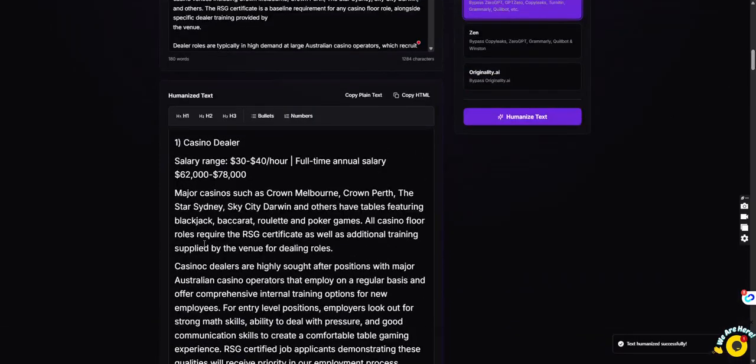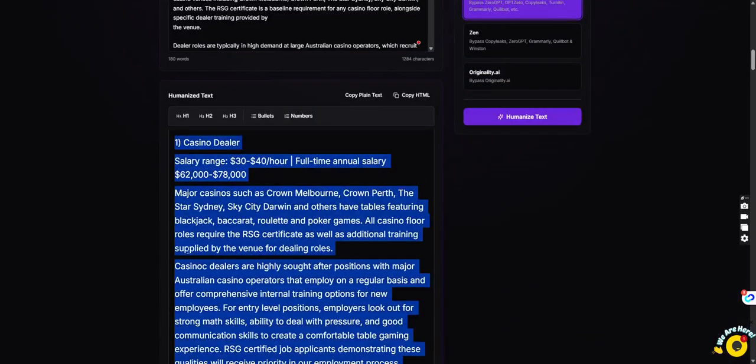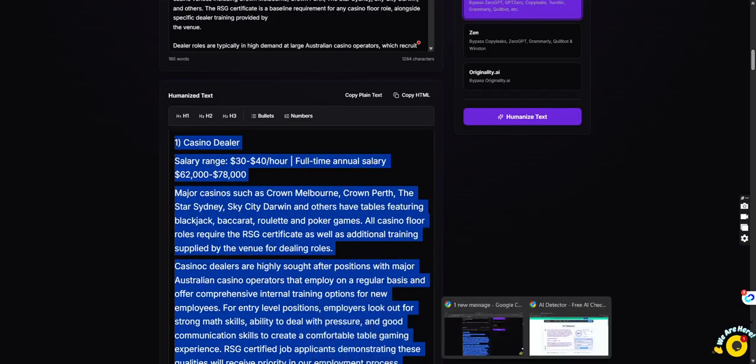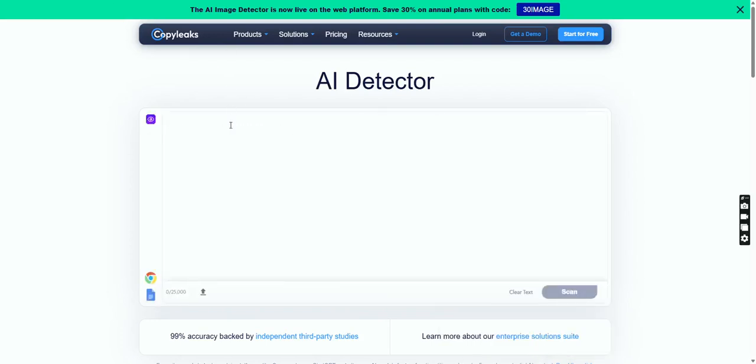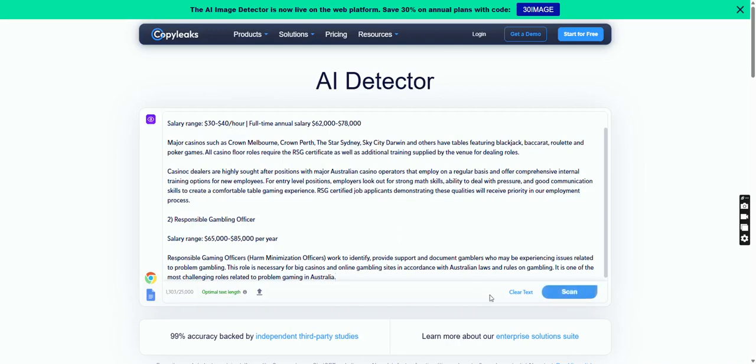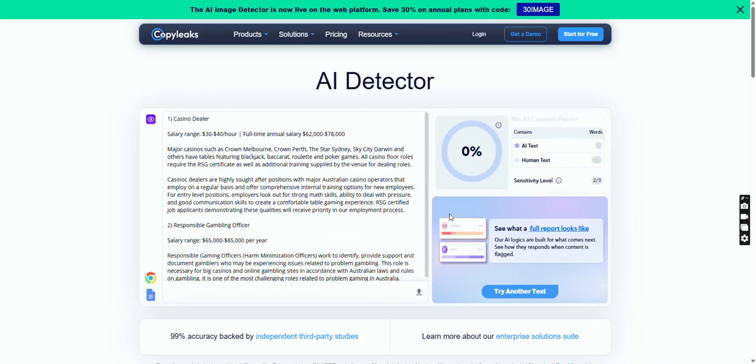Okay, I've just done this again. Let's see if it bypasses Copyleaks again this time around. Let's see. Okay, you can see this time around we got a 100% human score on Copyleaks. So in other words,